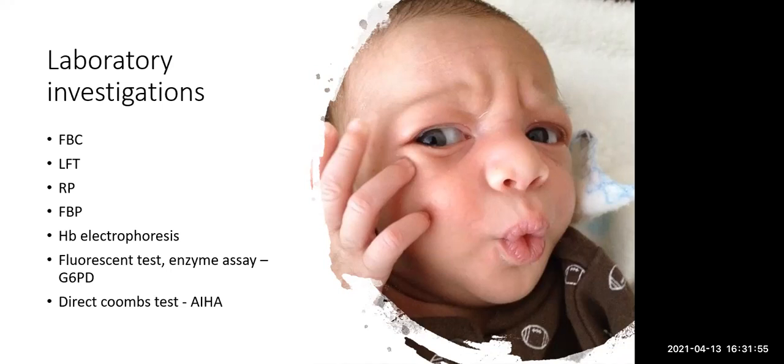The next investigation that we can do is the liver function test, to look for any increase in direct or indirect bilirubin. If direct bilirubin is less than 20% of total bilirubin, then we can consider an unconjugated cause of jaundice. In the liver function test, we also need to look at the liver enzymes. If there is any elevation of AST and ALT, it may suggest an intrahepatic cause, and if there is any increase in ALP and gamma-GT, it may suggest a post-hepatic cause of jaundice.